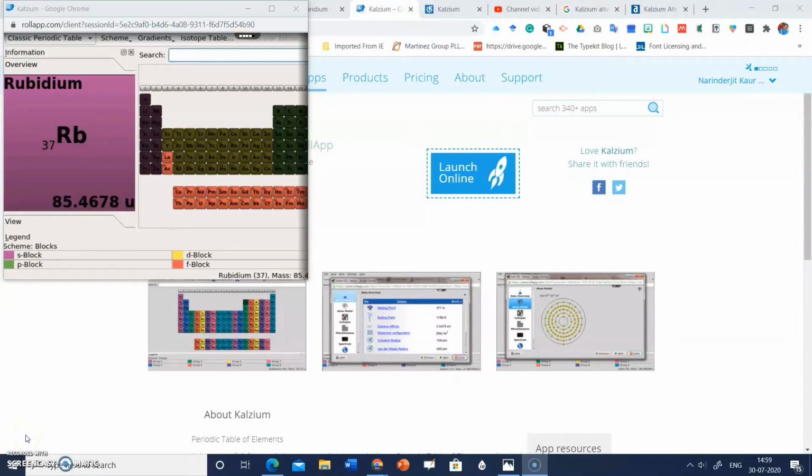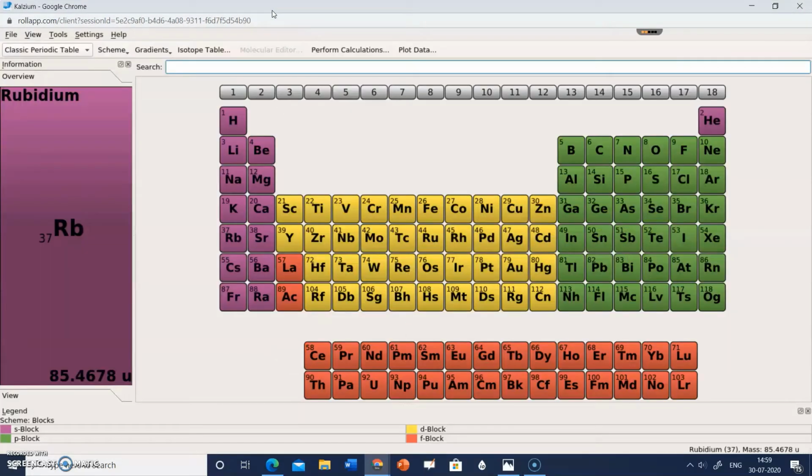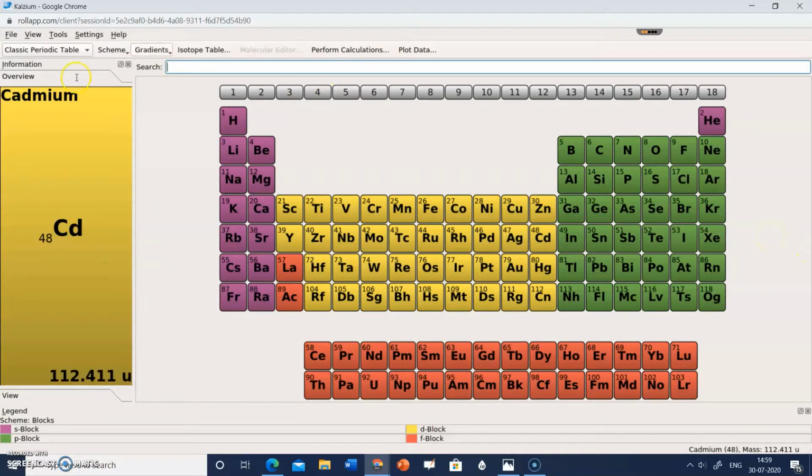It will ask you to sign up, and when you have signed up to the app, then you can log in, and when you log in, this interface of Calcium RollApp will appear on your screen. So this is the interactive periodic table with many more features.